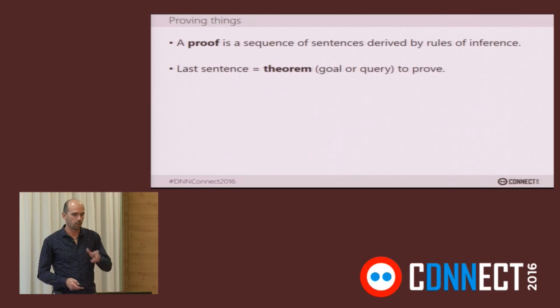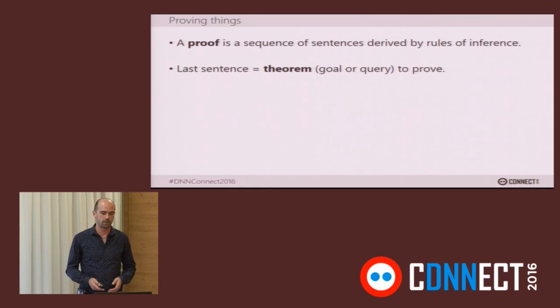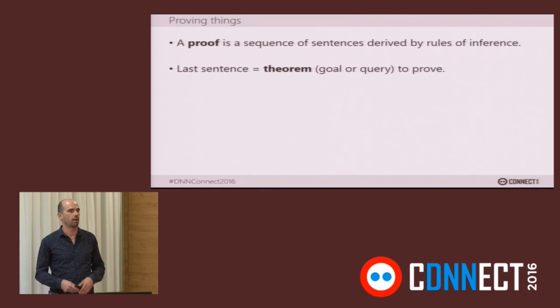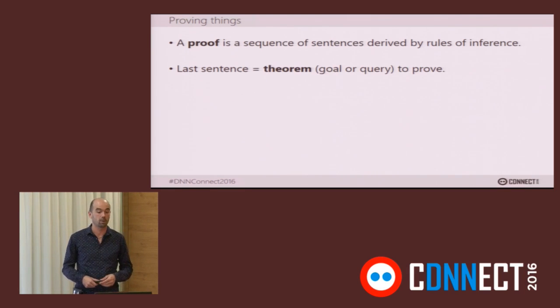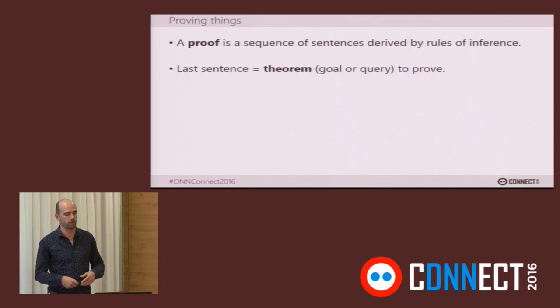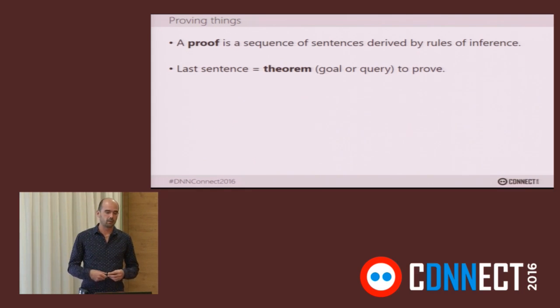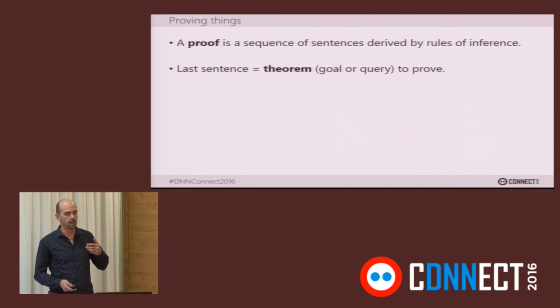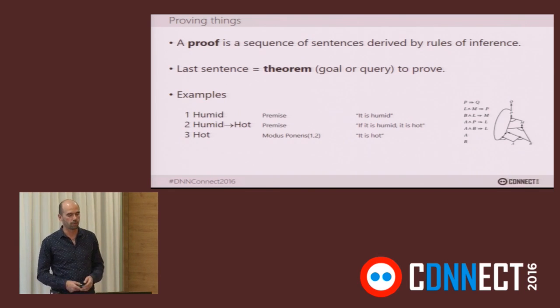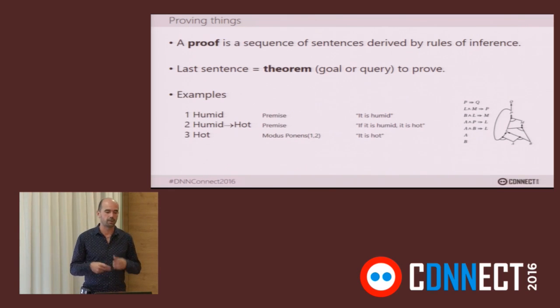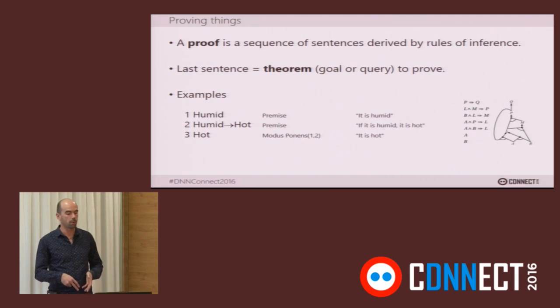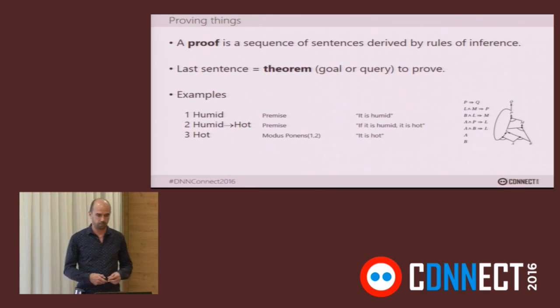It works on the idea of proof, like mathematical proof, where you define correct rules of inference, and you can go back to Plato or Aristotle to talk about what the correct rules of inference are, like rhetoric and politics. It's all very important in those things. And then when you have correct inference rules, you will have a sequence of sentences derived by those rules, the last one of which is a theorem that you want to prove. So a simple example, if humid is a premise, humid implies hot is another premise, then hot by modus ponens is the theorem. We've got a more complex example on the right with variables, and this is backward chaining reasoning,